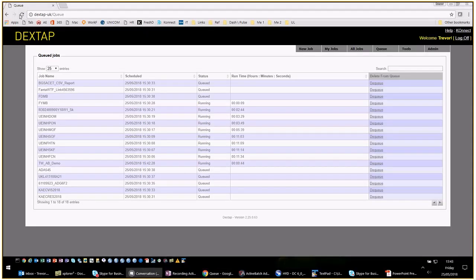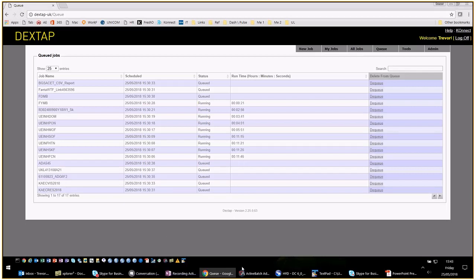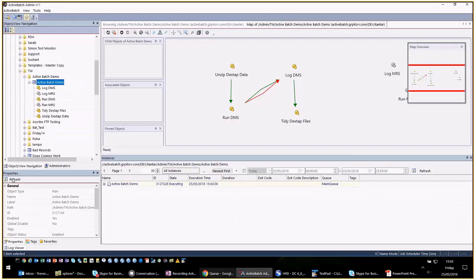Okay, so our job is executing now within DexTap. It's almost finished. There we go, it's finished. So we'll go straight back over to ActiveBatch, and you can see in this bottom right window, which is called Instances, we can see that our ActiveBatch demo plan is executing. If I expand that,